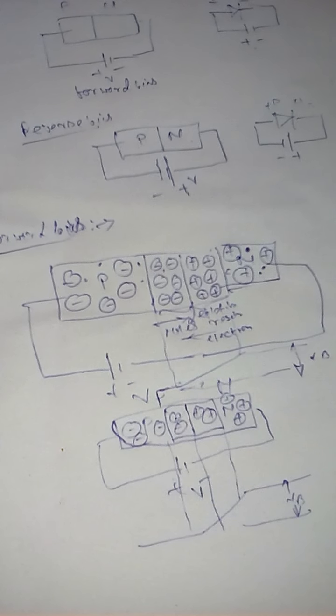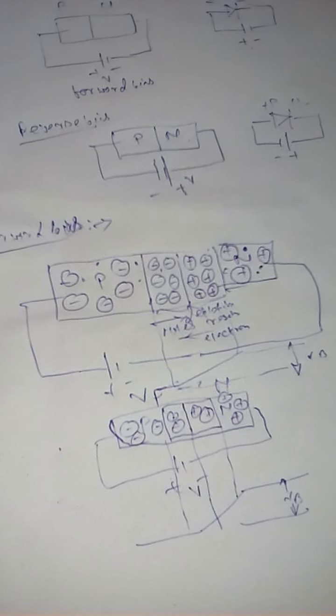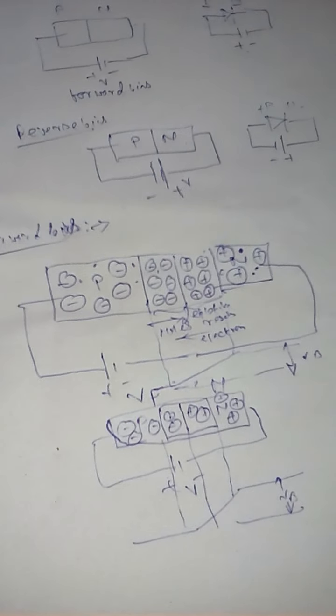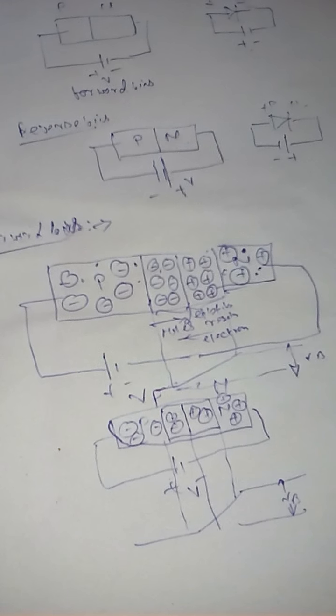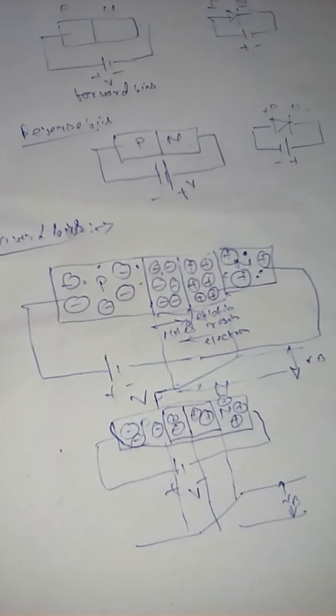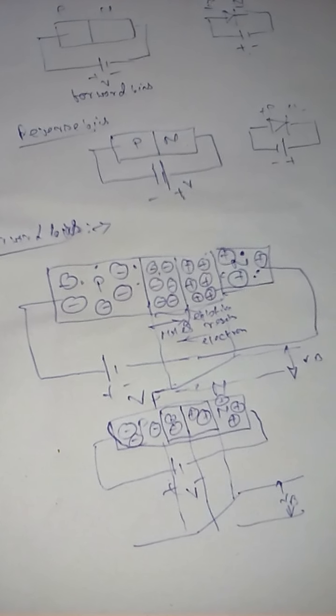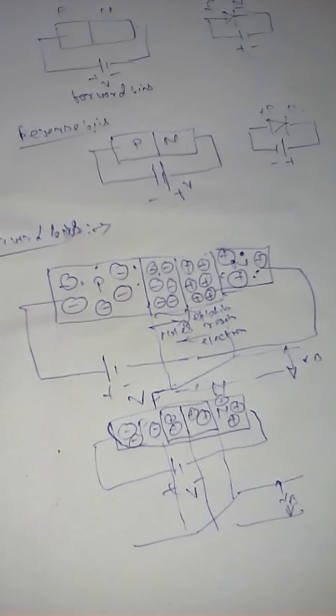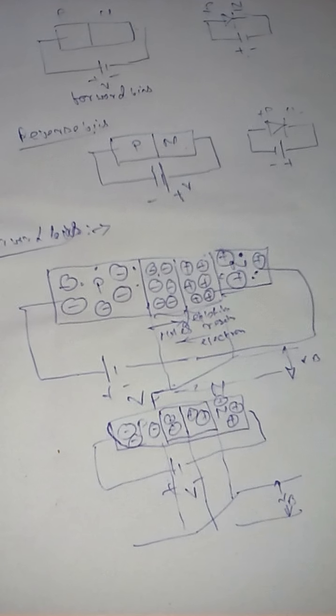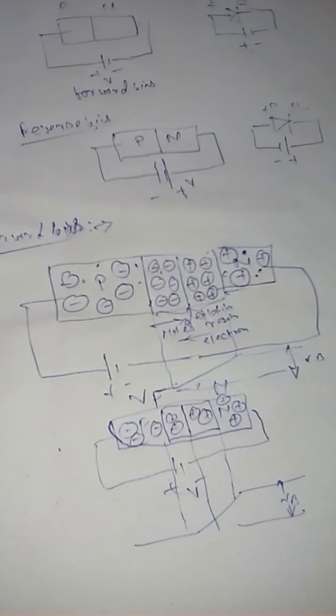The current in the external circuit continues to flow as long as the voltage source is present in the circuit. So current increases with increase of the applied voltage, in the order of several milliamperes. The maximum value of current depends on the actual resistance, called the bulk resistance, of the semiconductor material.